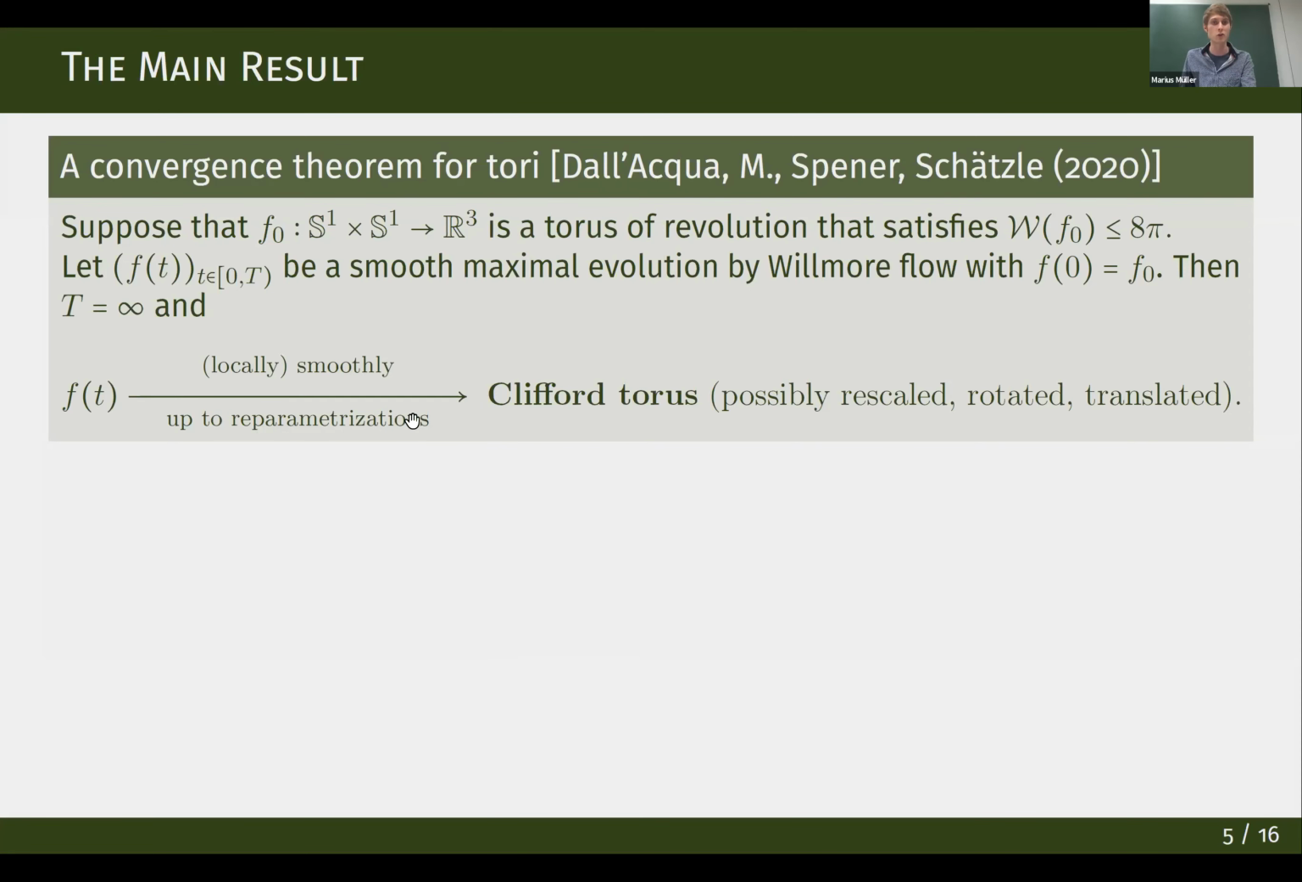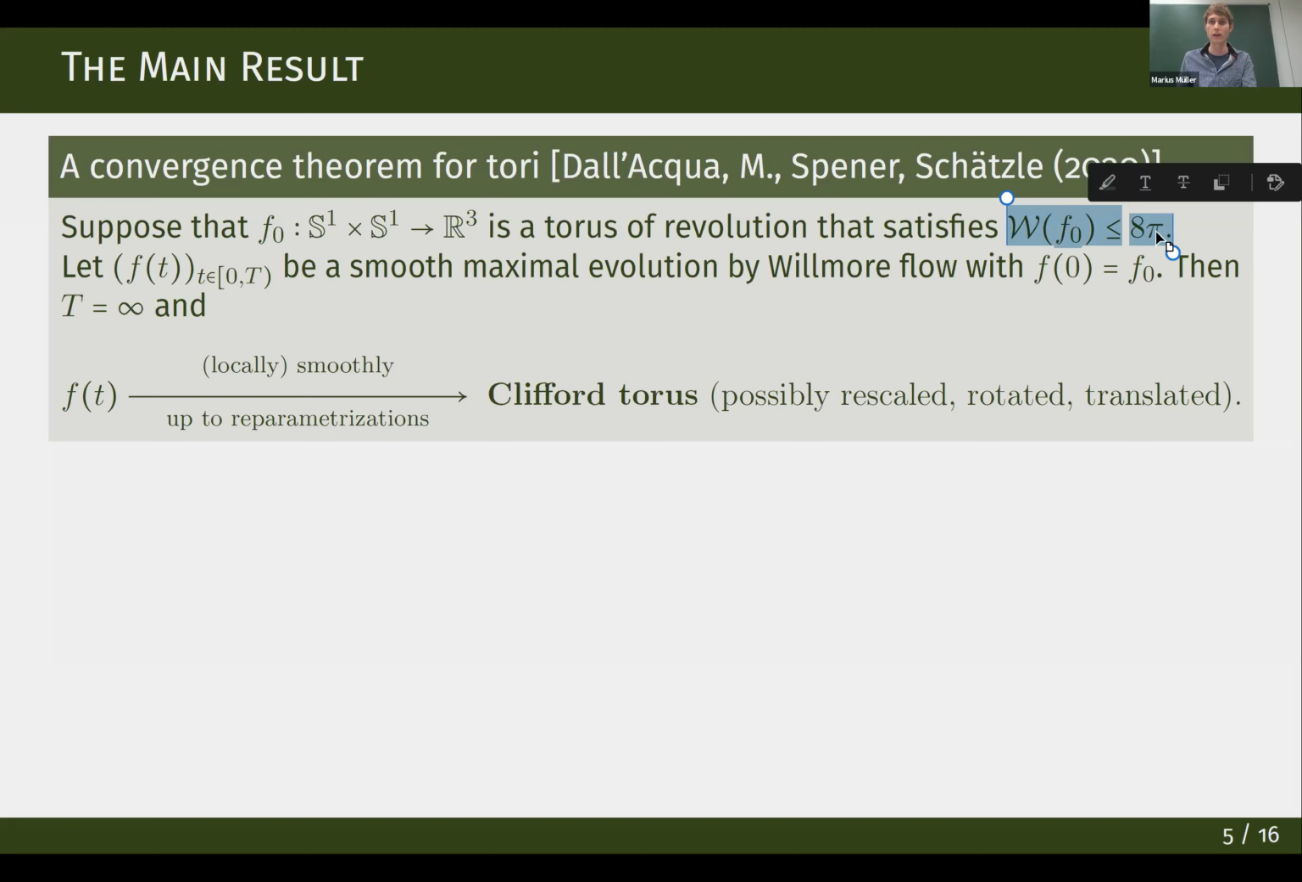It converges up to reparameterizations to the Clifford torus or some translated, rescaled, or rotated image of it. Those can always occur since they are invariants of the functional. So this immersion converges smoothly to the global minimizer up to reparameterizations. All right, so this is the main theorem, and just note that this threshold which we have here again,